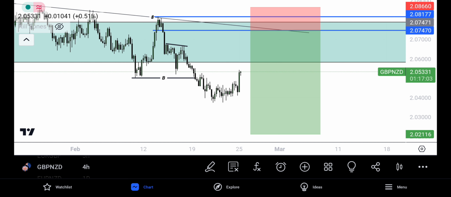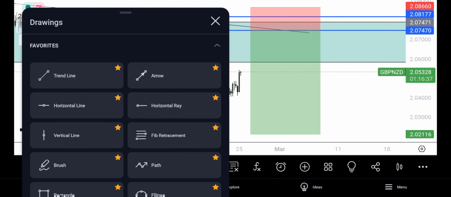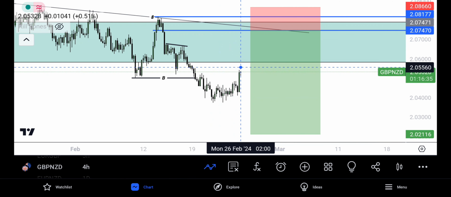So that is what I'm looking at on GBPNZD, and let's see how it plays out. For me, I'm just going to be waiting for the head and shoulder pattern when price comes into this level of resistance. So when price gets into the level of resistance, wait for the head and shoulder pattern to show up, right? So even if price gets to this level here, we're going to